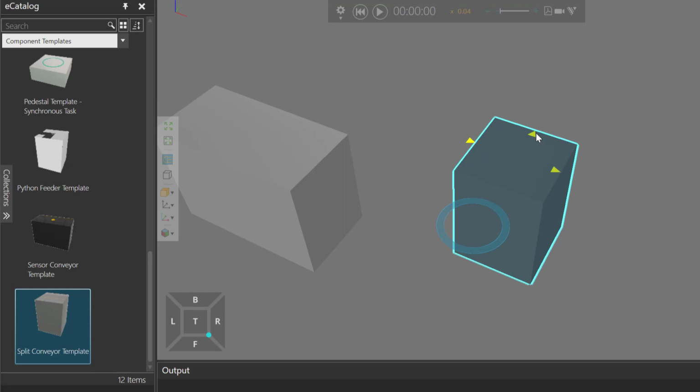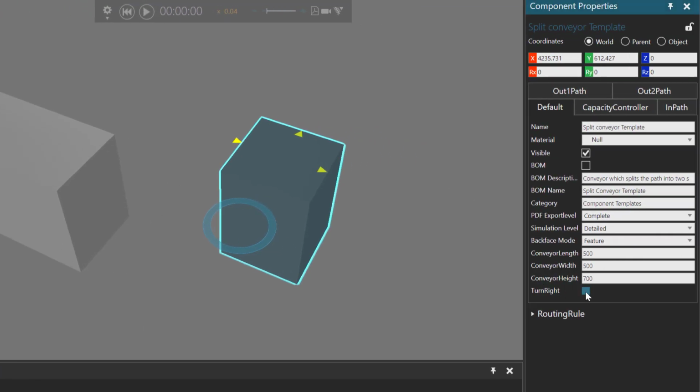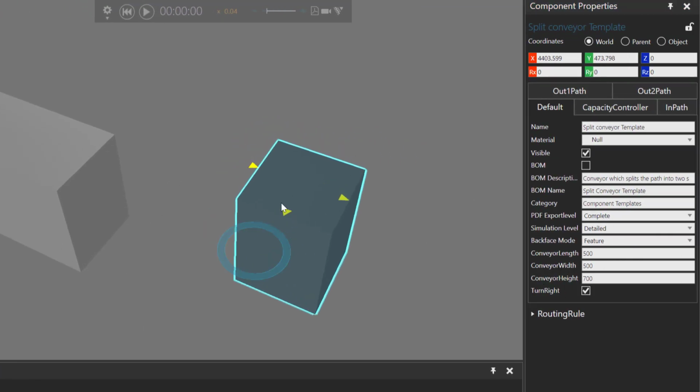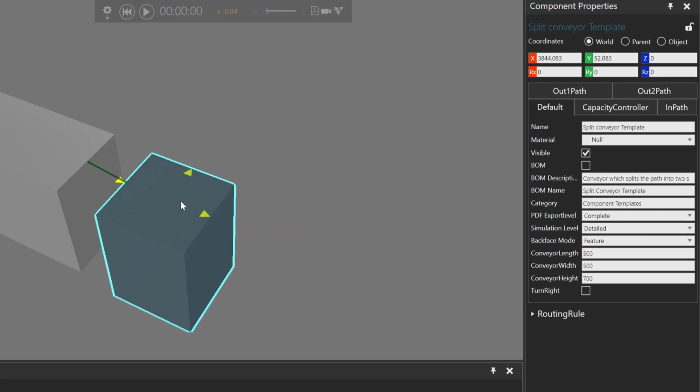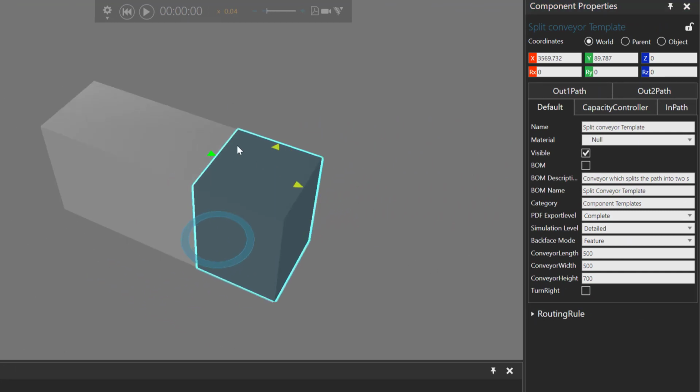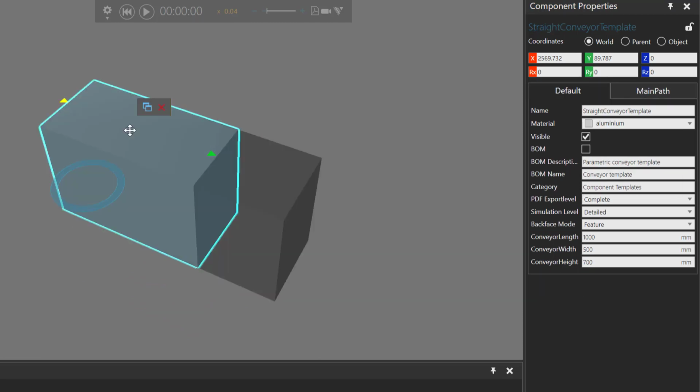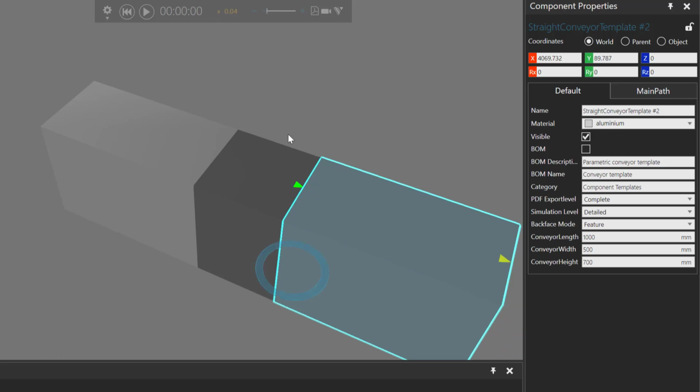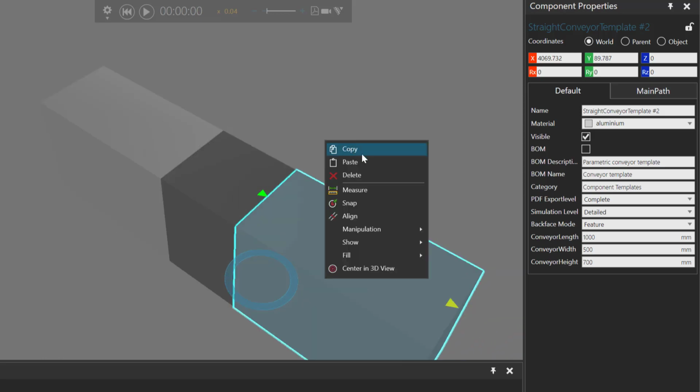With the side, right now it's left, but you can turn on the Turn Right option here to switch the side of this interface. But I'll switch it back to be on the left side. Now connect the split conveyor to the conveyor here at its end. I'll copy and paste this conveyor and connect the conveyor to each end in our split conveyor. So paste in another one.